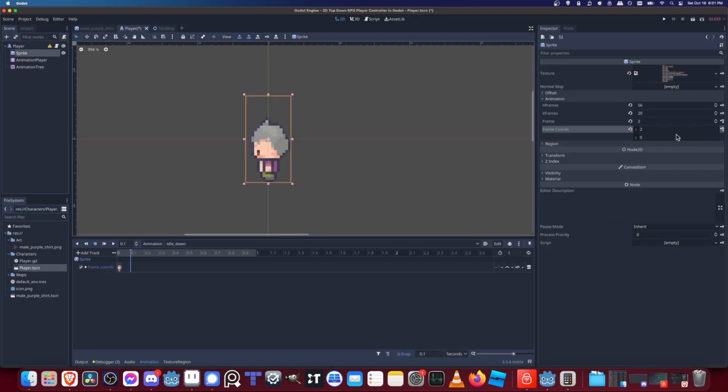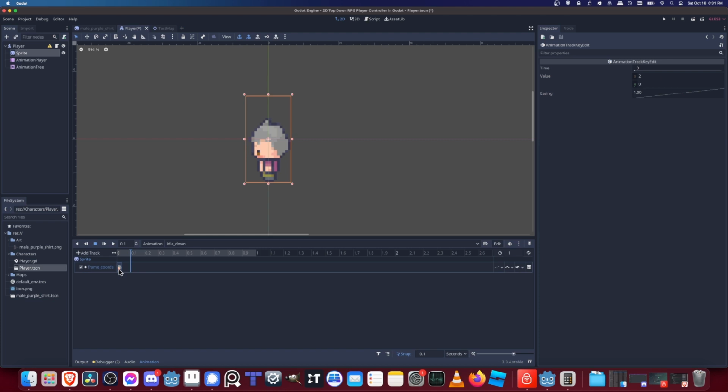So another way we can change it rather than using keyframe is just to select the existing keyframe, clicking on it, and then change the value. So this is going to be value x of 3. And you can see it updated down here. But if we hit play, well, now it'll be playing the